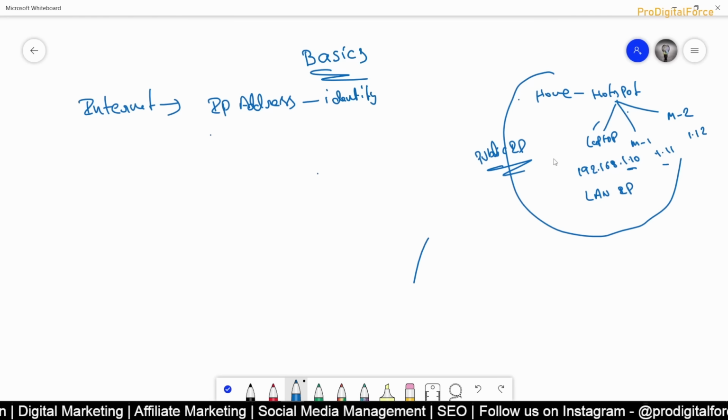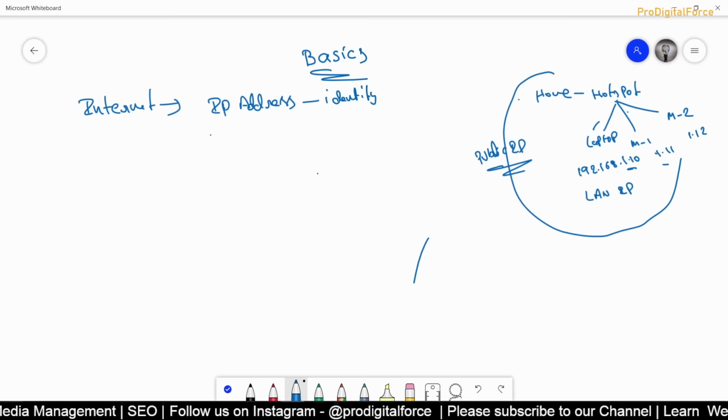So how will we be able to do that? We'll have a surname, right? Or family name. That's how we'll be able to identify which Ramya is the right person to receive the courier. Same way, in your LAN connection, you can have as many IP addresses as you want. That is your local IP address.